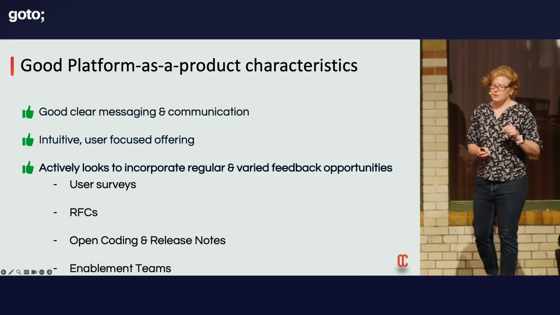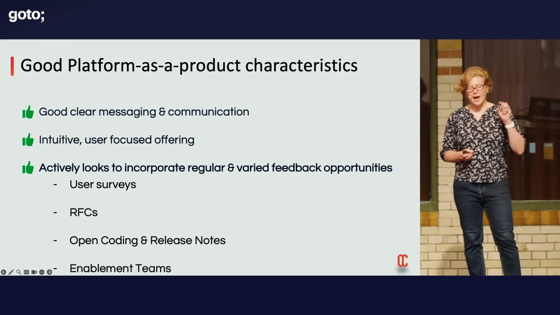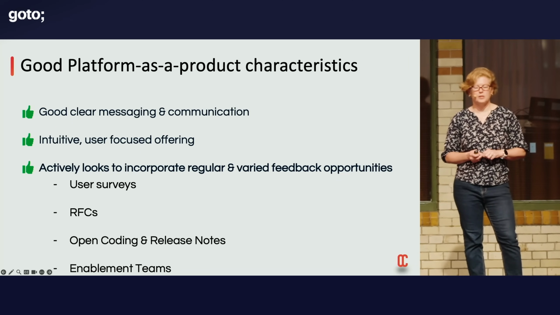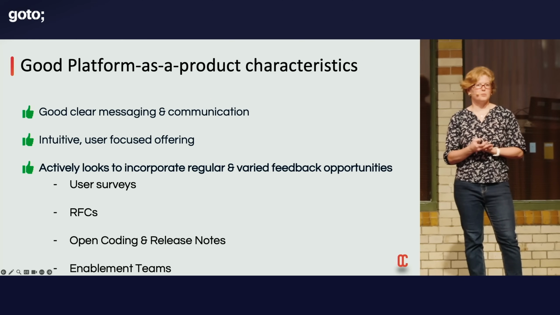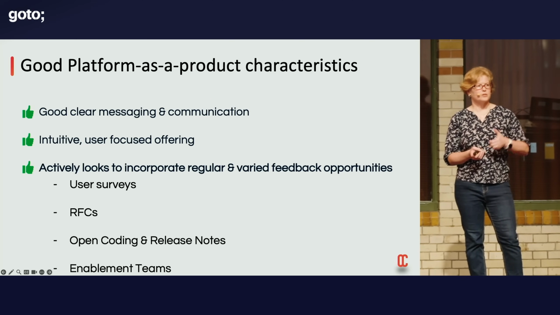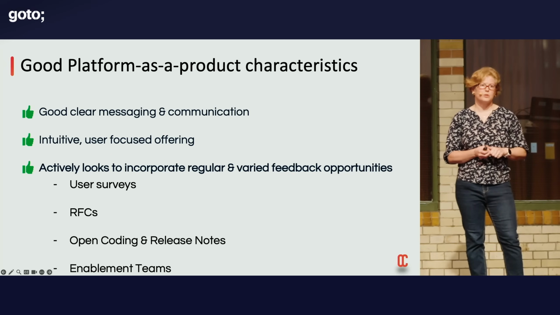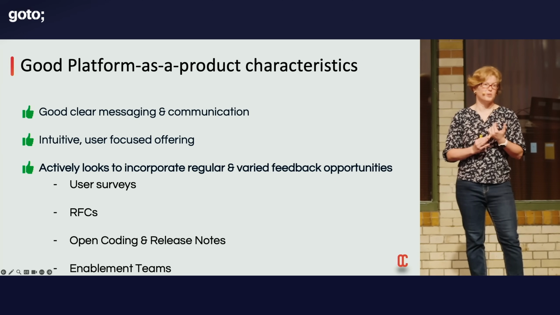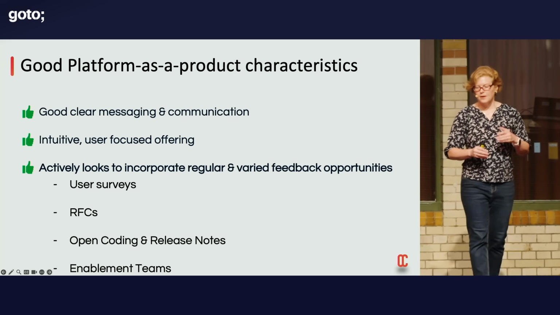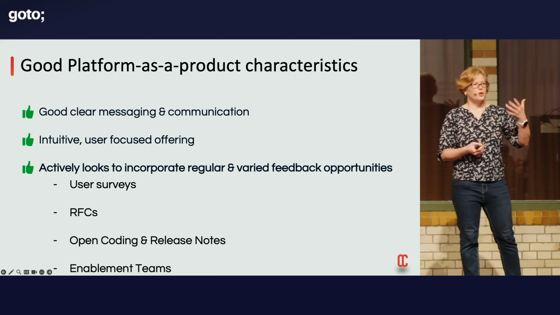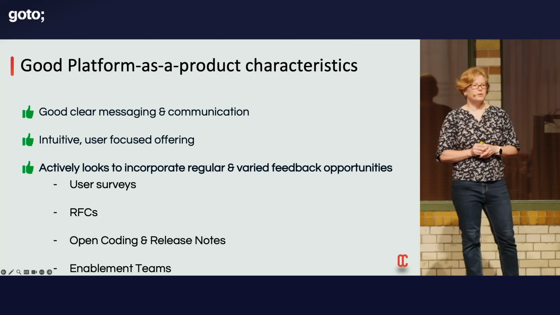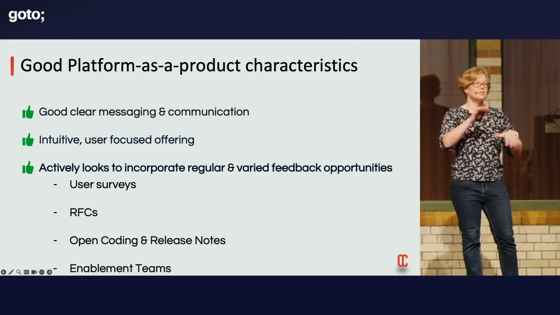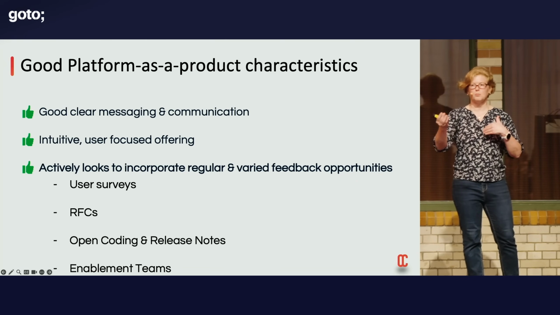Also, really important, a really good platform is going to actively look to incorporate feedback loops into the process. As I said before, this can be done through things like user surveys. This can be done at the beginning in terms of finding out what your users want. But you want to continually do this as well, to say, is our platform actually helping you? What are the features that are missing? What are the types of things that we can change to improve it? And doing this in the open, coding in the open, making your roadmap available for people to see, will enable them to see what's coming up, what they can start using and planning for as part of the platform.